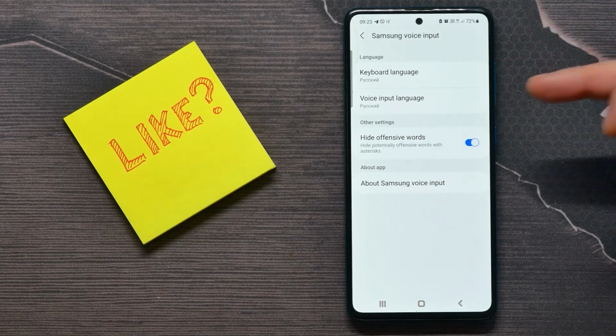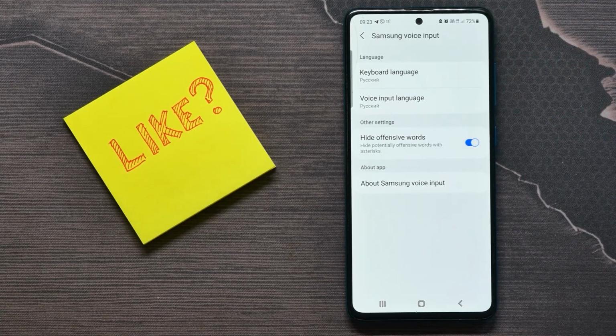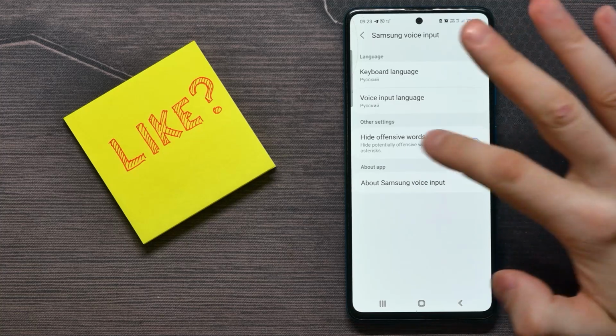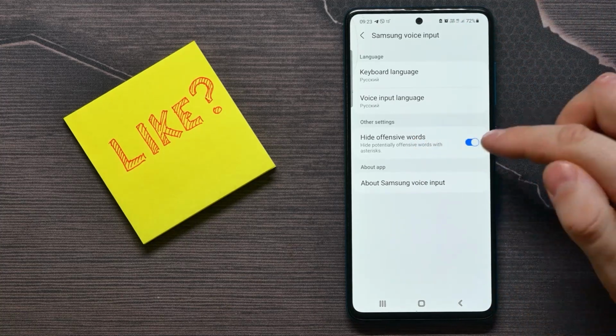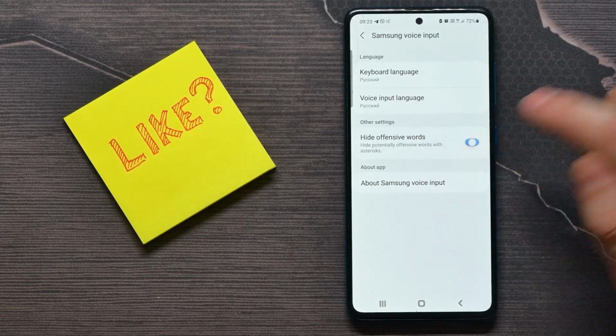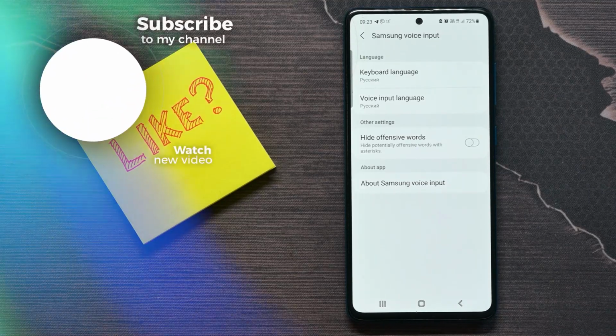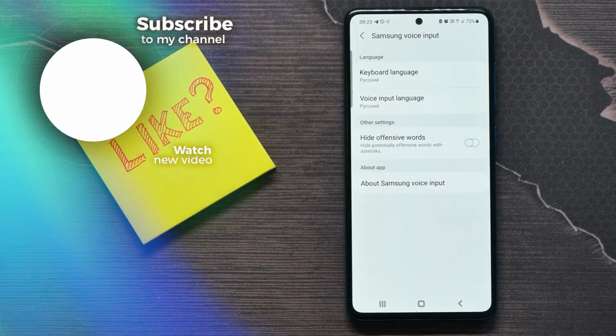like keyboard language, voice input language, and there is also an option to hide offensive words. You can hide them. Now it's hidden. You can disable that option to unhide offensive words if you